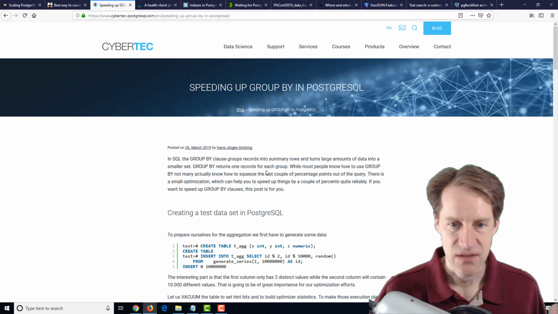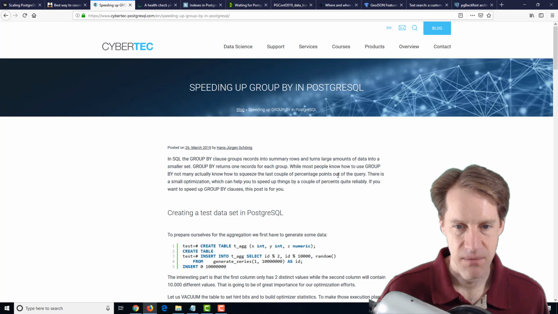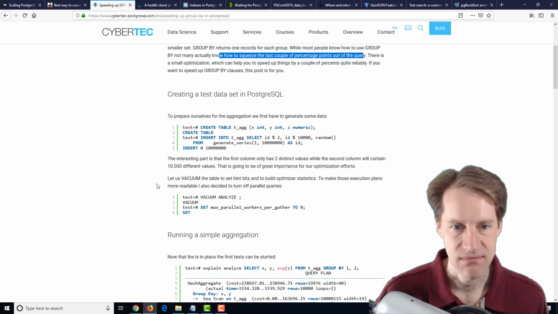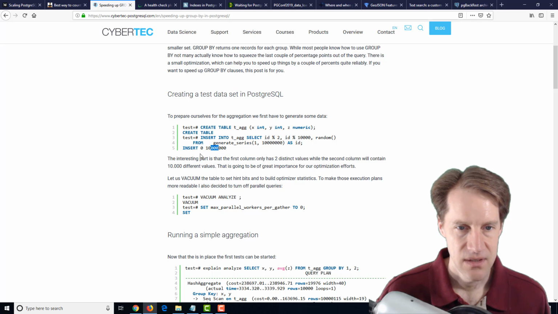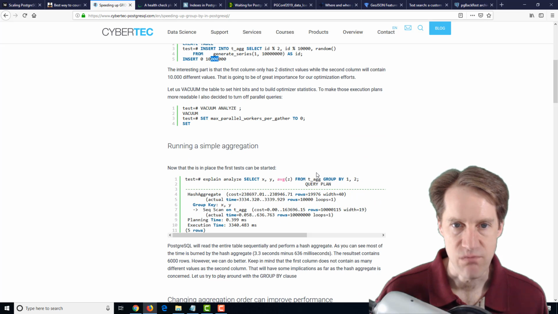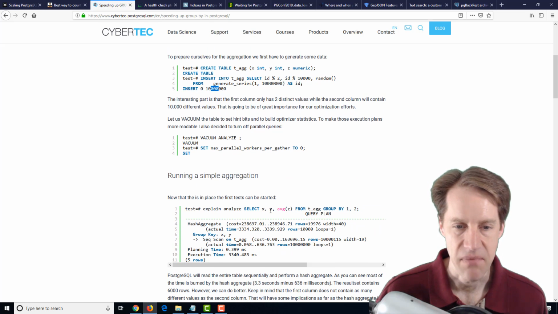Now, they describe this as a way to squeeze the last couple of percentage points out of a query, so basically to squeeze a bit more performance. And they classify it as a small optimization, but it can help. So basically, they created a table and generated some data within it. It looks like about 10 million rows. And then they ran a simple aggregation, doing an average of a numeric column and grouping it by two other